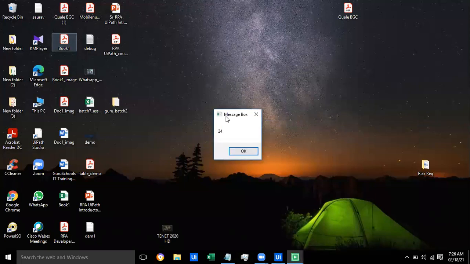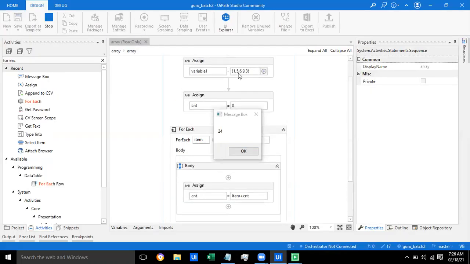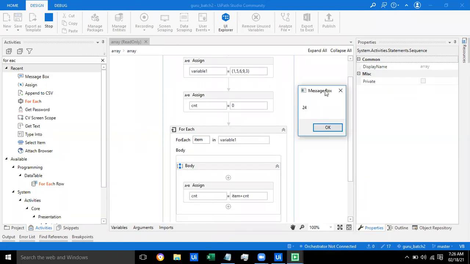So am I able to get the total count? Yeah. So what are the variables? 1 plus 5, 6, 6 plus 6, 12, 12 plus 9, 21, 21 plus 3, 24. So can you explain the logic of what I did? Any ideas? Basically, you are assigning two variables, but why are you doing that? Balaji, any idea? No, I could not see any logic.